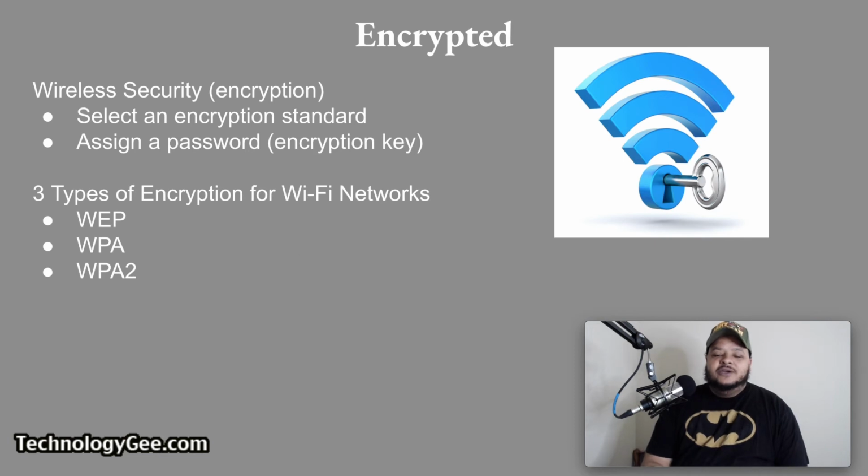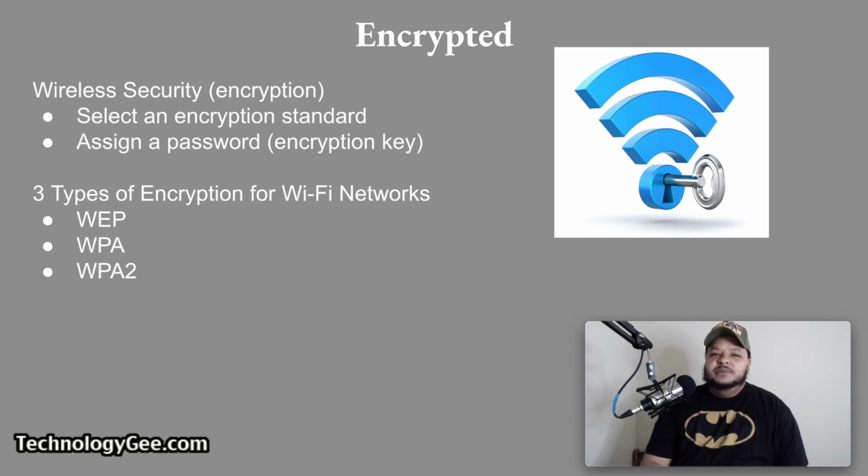Let's talk about encrypted networks. So, wireless security encryption works like this. When you select an encryption standard, you assign a password, also known as an encryption key, that users must provide before they can connect to the wireless network. There are 3 different types of encryption that you can use for a Wi-Fi network, and those 3 types are